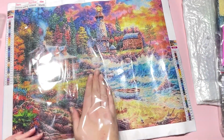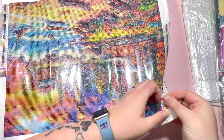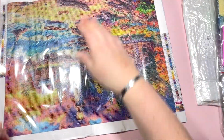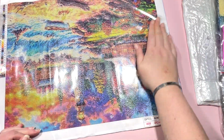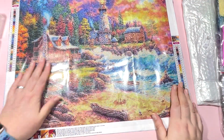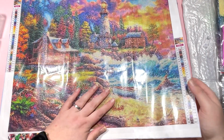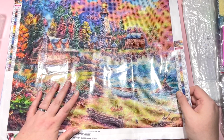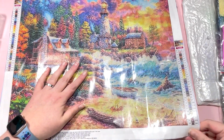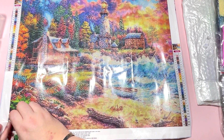I'm just gonna pull that plastic back just to get rid of some of those bubbles. It's not bubbles in the adhesive, it's just air bubbles underneath the plastic. So that canvas is laying lovely and flat, so you know, seeing as it's been transported halfway around the world, it's actually not in too bad a condition. It is the scratchy kind of oil canvas that we're used to with the budget paintings, but that's absolutely fine. It's not too thin. The plastic cover is generally quite a thin one on the budget paintings. I'll just check the...